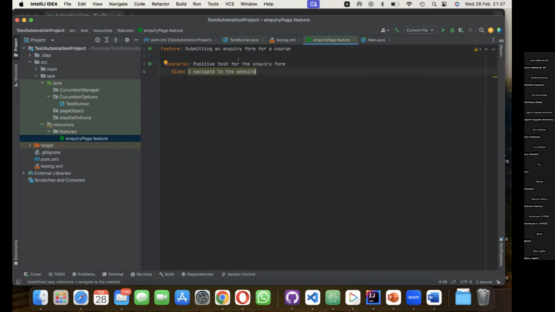Another thing you need to notice is my other half of the sentence is in orange. That's because no step definition has been created yet. And like I said, the step definition file is like the glue that contains the code implementation of what we